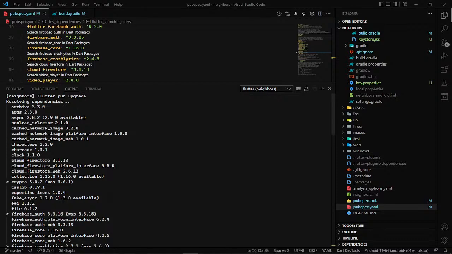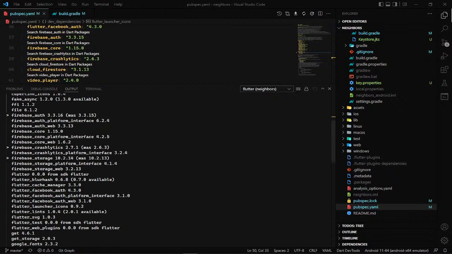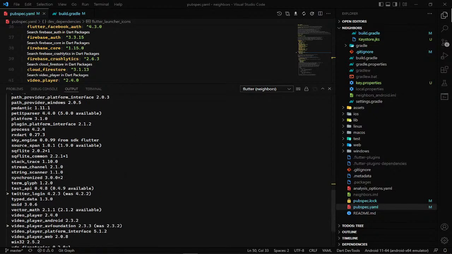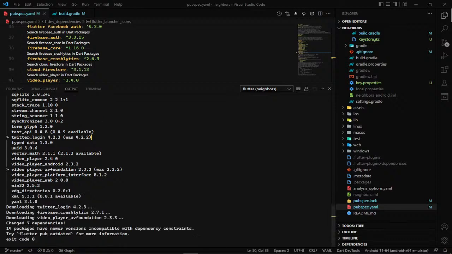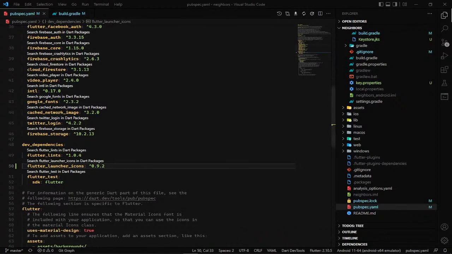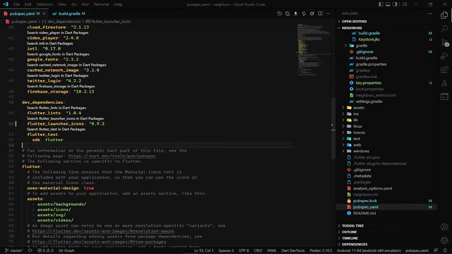this, right? So there's a new update inside our Flutter Auth crypto package and Firebase Crashlytics, Firebase storage, and the path provider application. Twitter login has a new update, video application. Okay, so we will update those dependencies also. But what we need is we need to